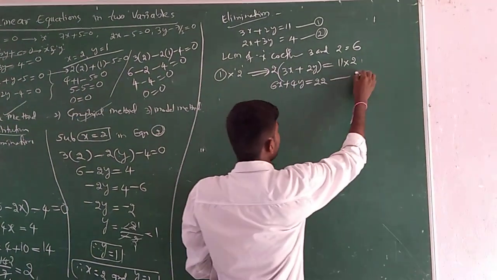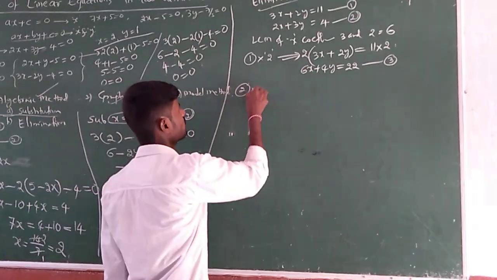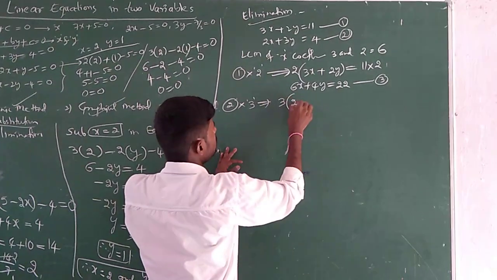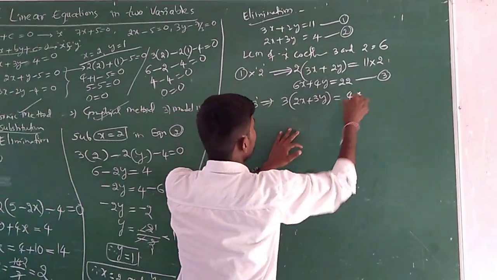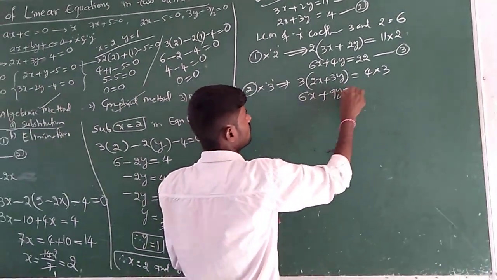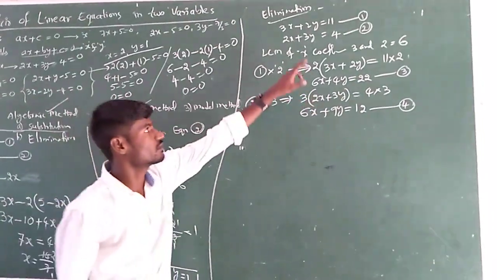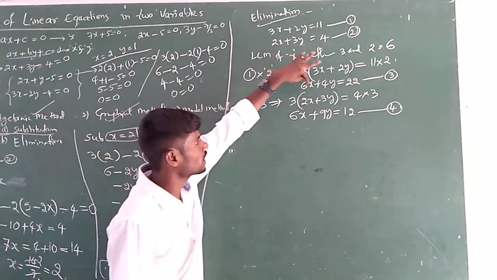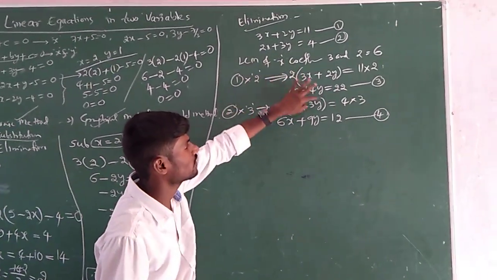Then take this result as the third equation because it is a modified, newer one. Next, equation 2 multiplied with what? 3. Then take it. 3 of the second equation, 2x plus 3y equals the same 4, into that 3. Now see, 3 2s are 6x, 3 3s are 9y, 4 into 3 is 12. Take it as equation 4. So now the given equations are modified into equations 3 and 4. If we observe these 3 and 4, observe the x and y coefficients. The 6x coefficients, 6 and 6, are equal, but the y coefficients are different.